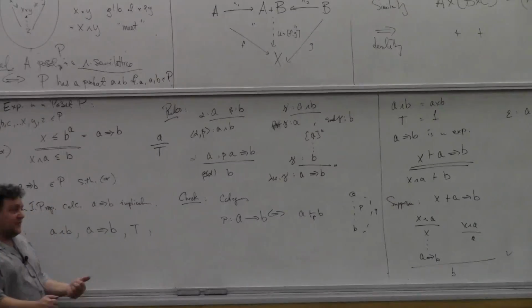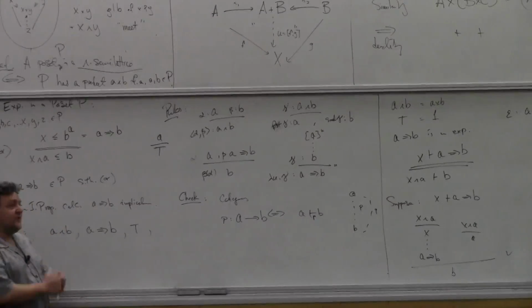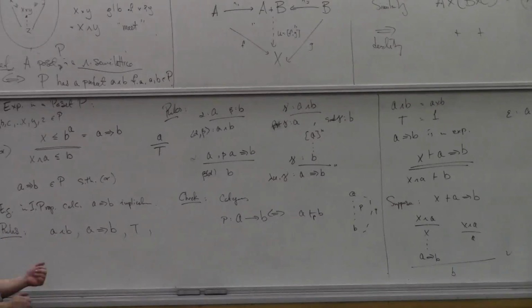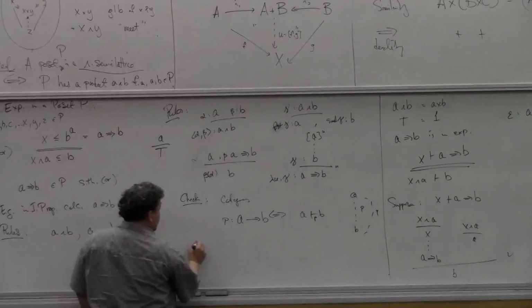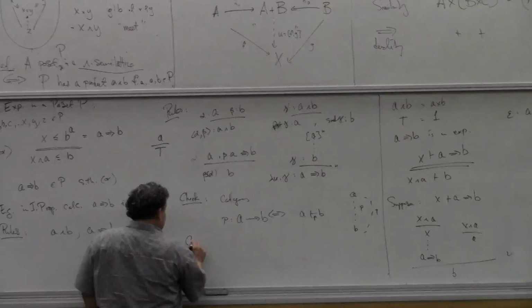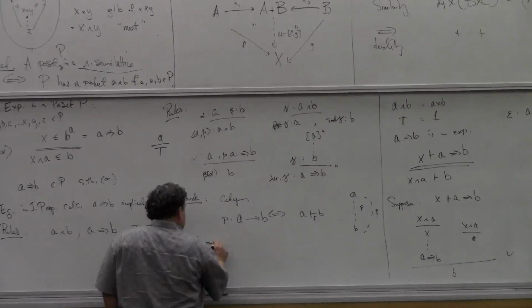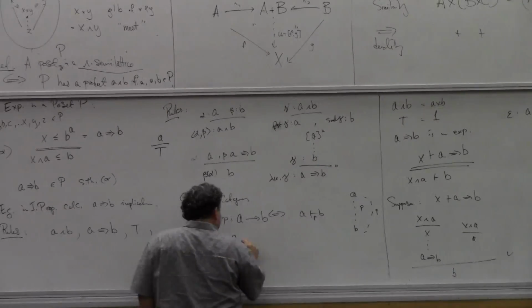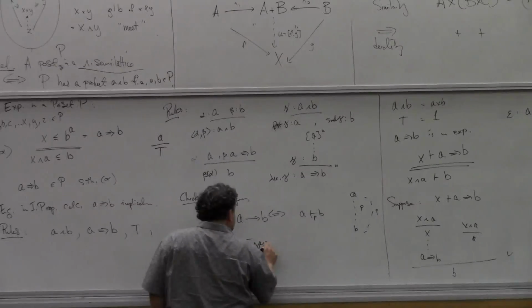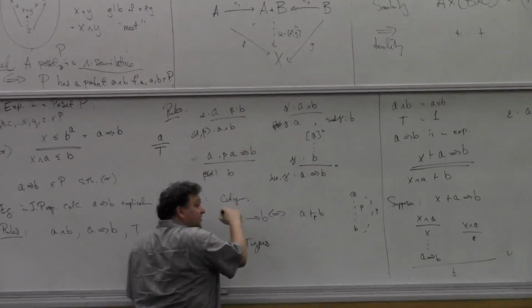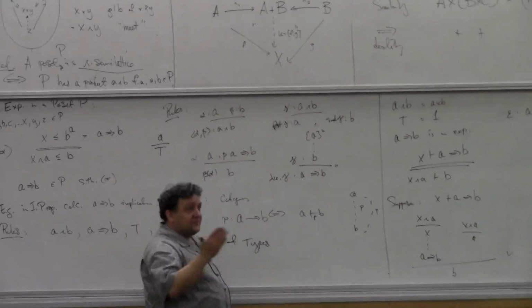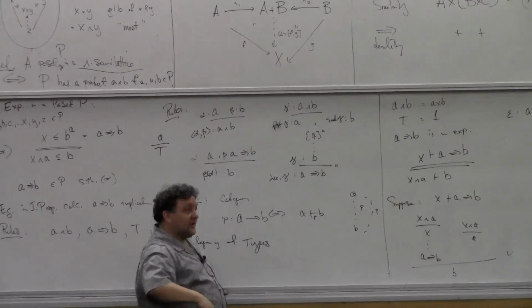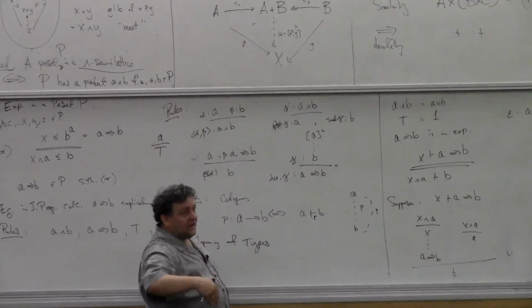But it still is a category. It has identity arrows. It has composition of arrows. And now I would like to check that this category of proofs, it's also called the category of types, thinking of these things now as types in the lambda calculus rather than as proofs in the propositional calculus by the Curry-Howard isomorphism, right? Doesn't matter whether I regard them as proofs in the propositional calculus